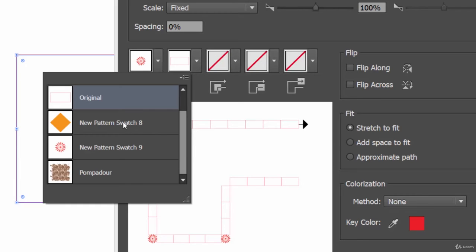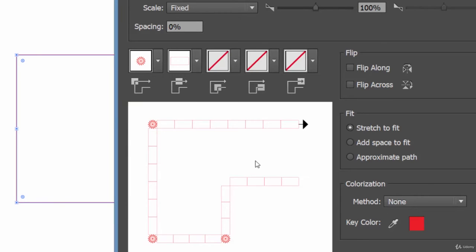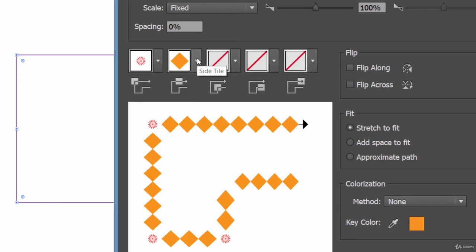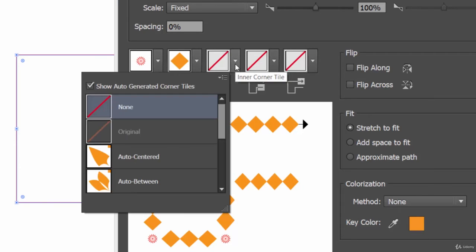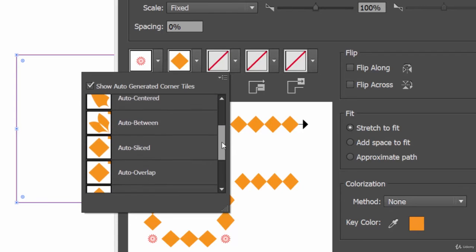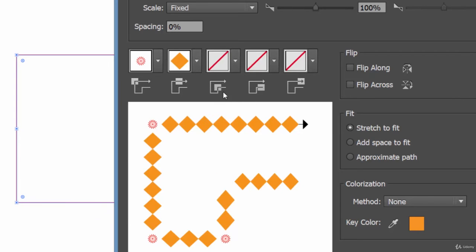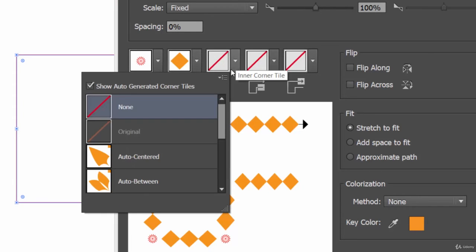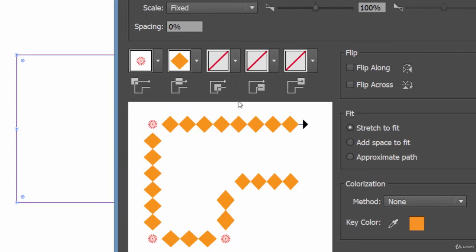In the middle we'll be having this one. Yup, there you go. And now this is the end point, I guess. No, these are the end points. This is the corner point, I guess. Yeah.